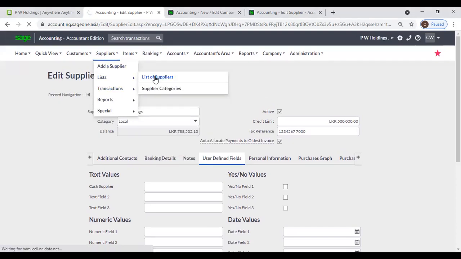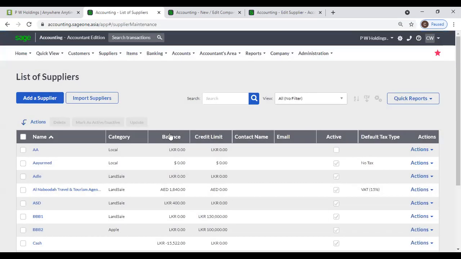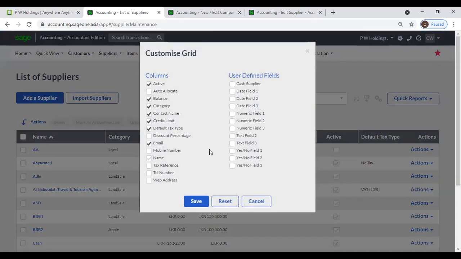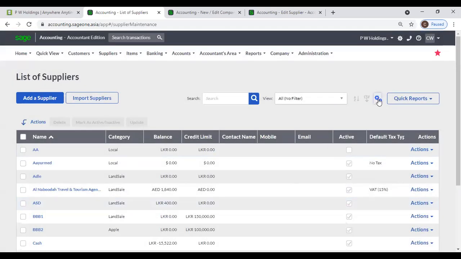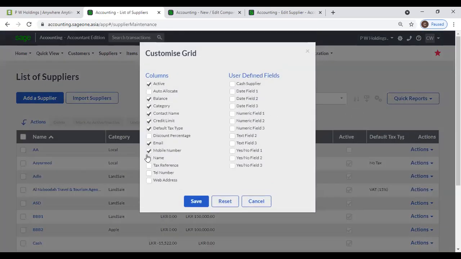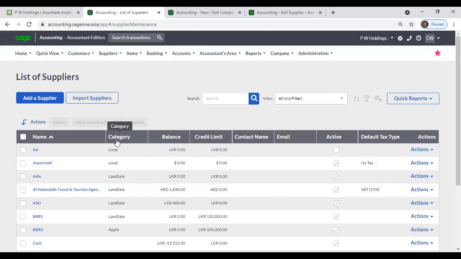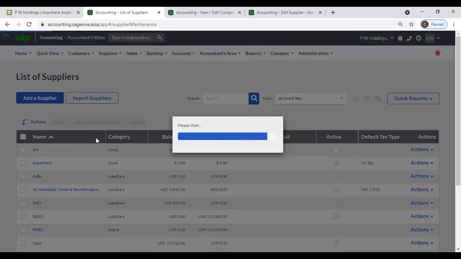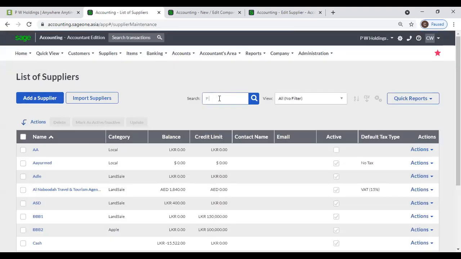Okay, after you create your suppliers, you can view your supplier list from this list of suppliers, and you can customize this grid by clicking this customize grid button. If you require any column, you can tick that column, and if you want to remove any column, you can untick that column. And you can sort by ascending or descending order. You can search suppliers,